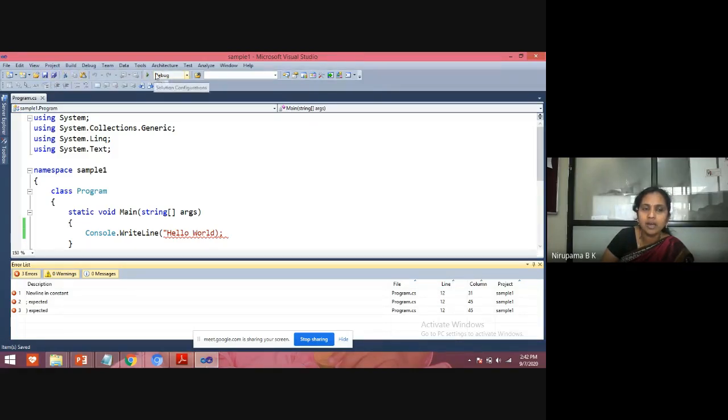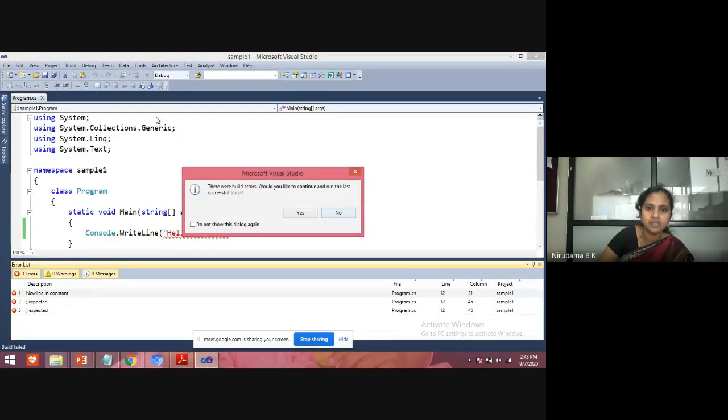Next, in the menu bar, you have this triangle shape icon, or else you have a shortcut F5. Click on that or press F5.